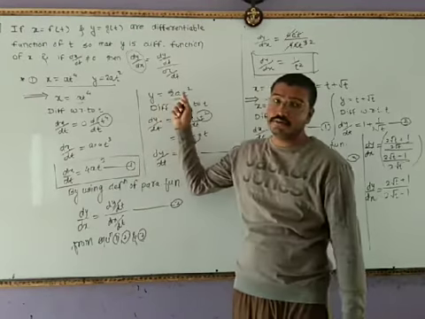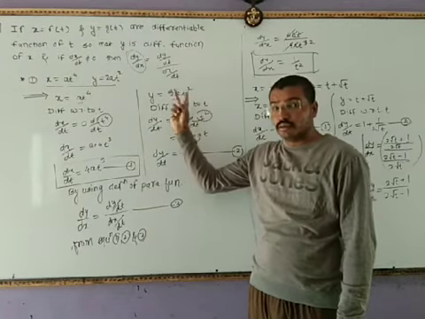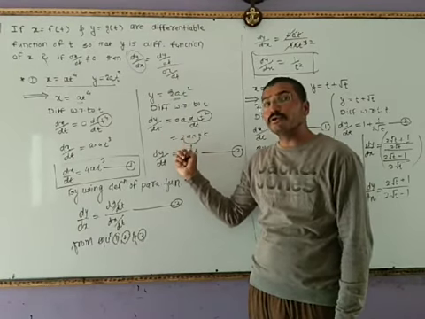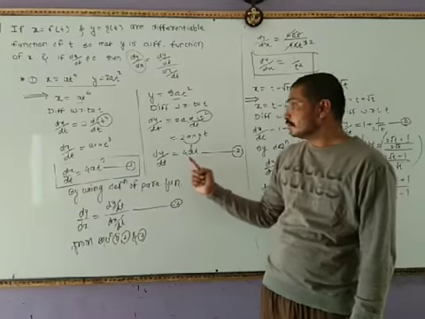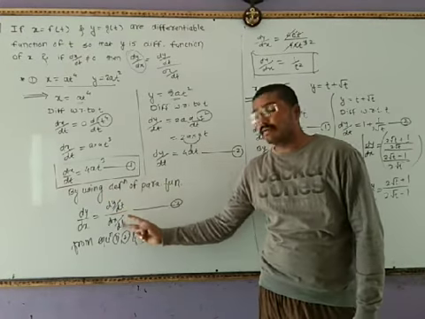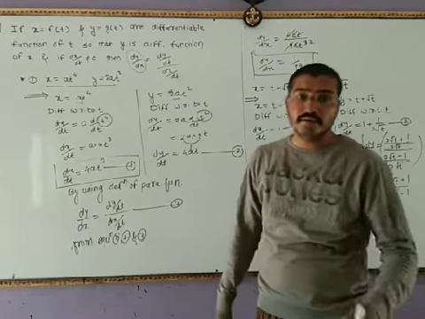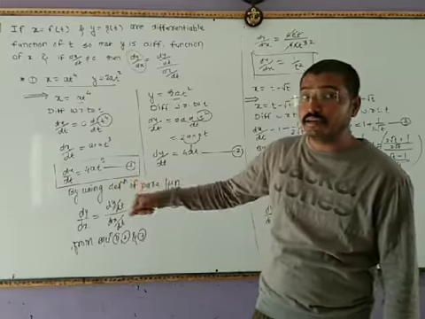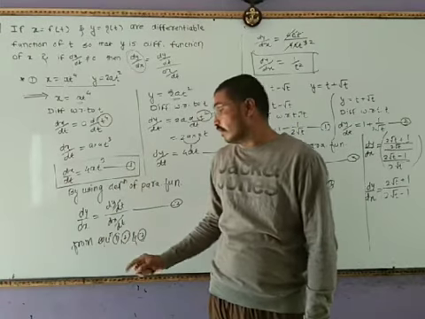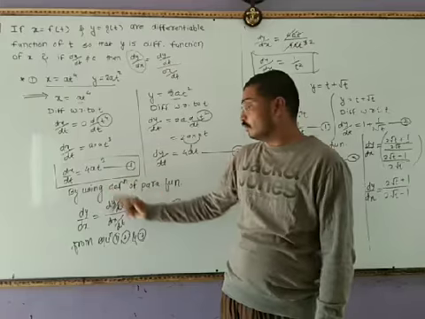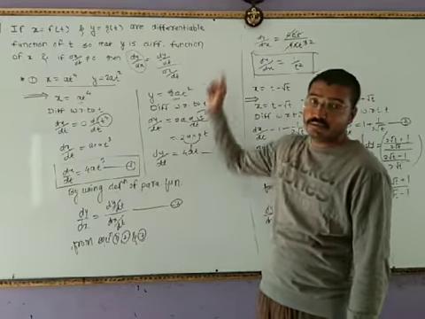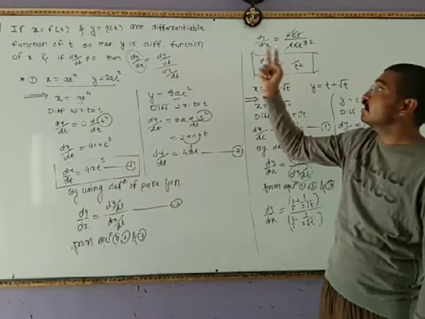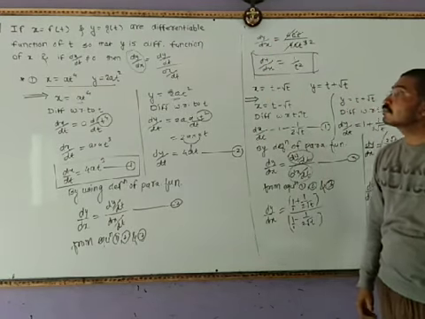Similarly, y is equal to 2a t square. 2a is constant and the derivative of t square is 2t, so 2 into 2 is 4at. That is dy by dt. By using the definition of parametric function, dy by dx is equal to dy by dt upon dx by dt. It's equation 3. From equations 1, 2 and 3 we will get the required derivative. The value of dx by dt is 4a t cube and the value of dy by dt is 4at. So the 4a cancels, and the t and t also cancel. So the required dy by dx is 1 upon t square.